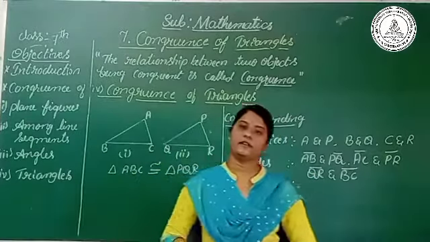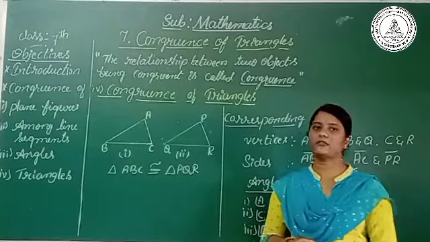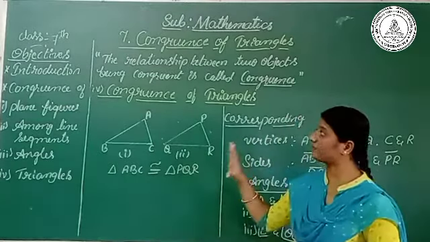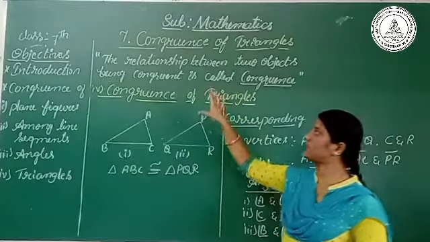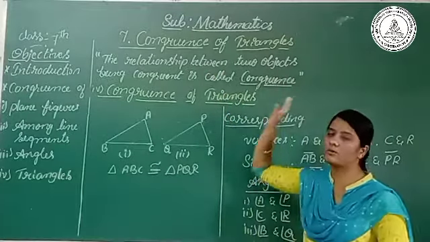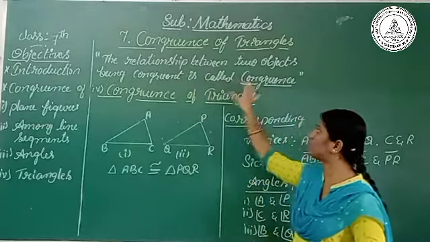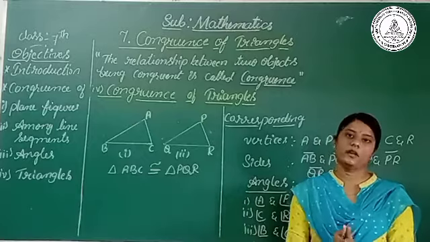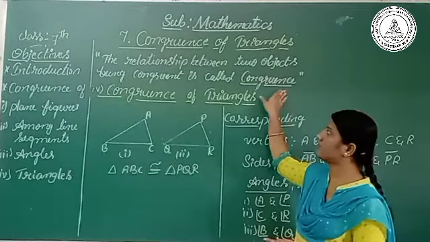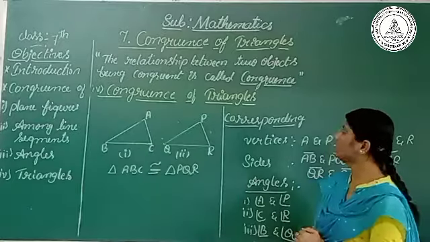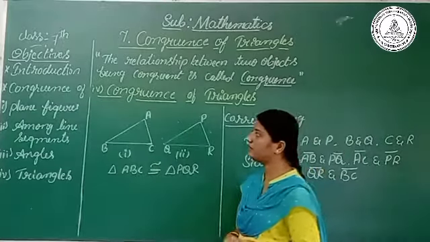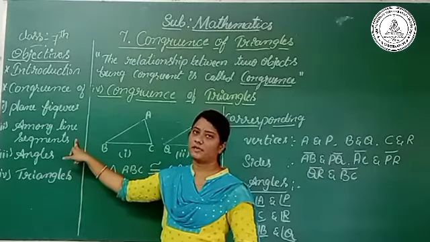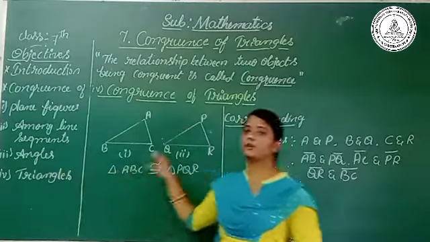Is it clear? Yes. Well, in this class we have learned the introduction to congruence and the definition of congruence. Congruence means the relationship between two objects being congruent. Congruent means superposed or overlapping. Then the two objects are said to be congruent. We have also learned the congruence of plane figures, congruence of line segments, congruence of angles, and also congruence of